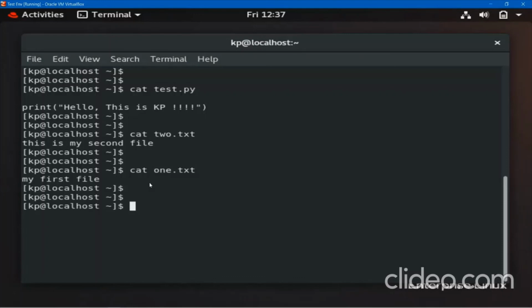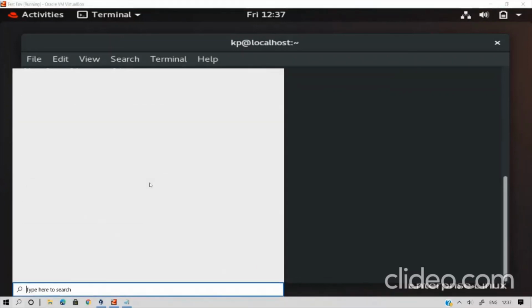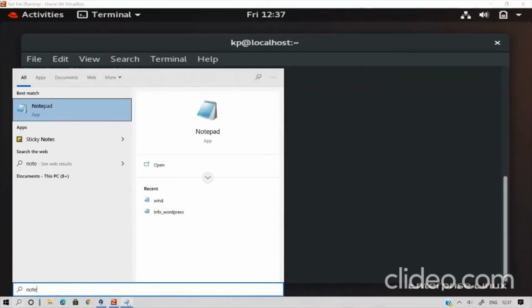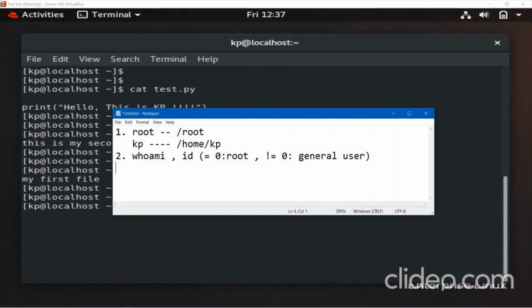So let me make a note. Just go to notepad. I think I was already creating it, right? The third thing we have learned is gedit, that is a graphical text editor. Next is vi and vim, and the fifth part is cat. There are some more use cases we can do with vi or vim or cat. We will see them in the next video. And about folders, how to create folders, those things also we will see later in the next video.